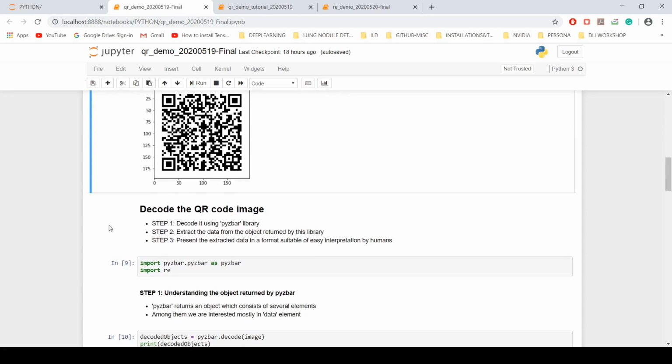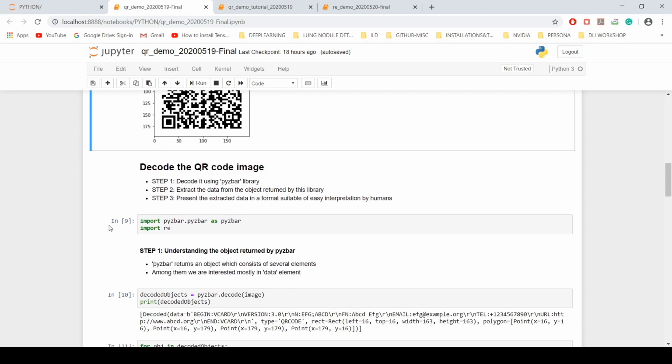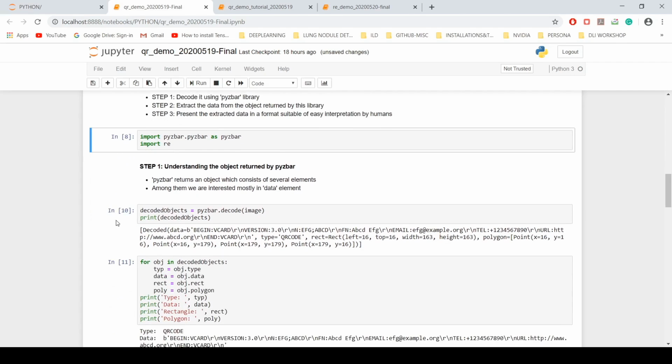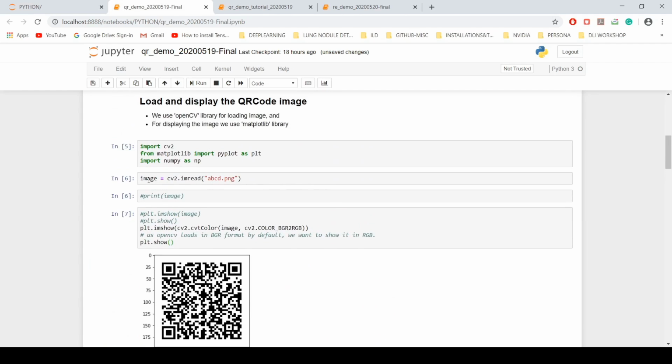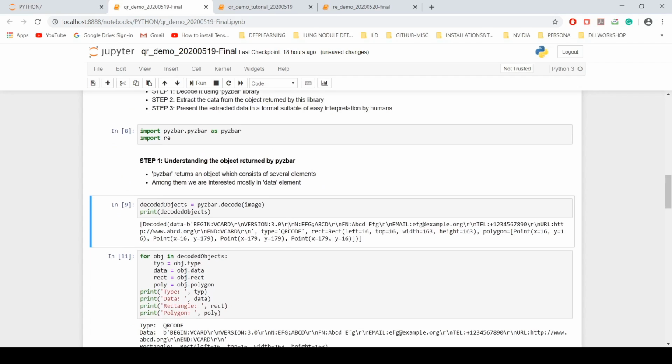Now let's see how to decode, extract that textual information present in the QR code. And for that we are using PyZBar. This is a very popular one, very useful, very accurate. Okay, so along with that regular expressions library is also I'm importing. So once the libraries are imported, we can decode that QR code image. So this image is a variable representing that abcd.png,